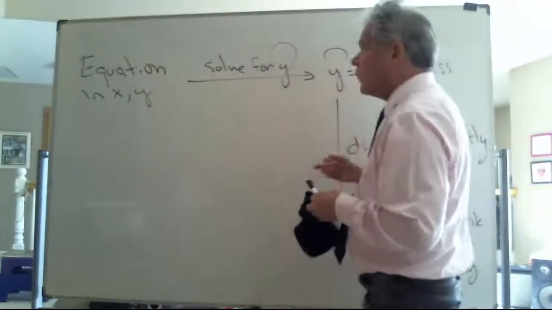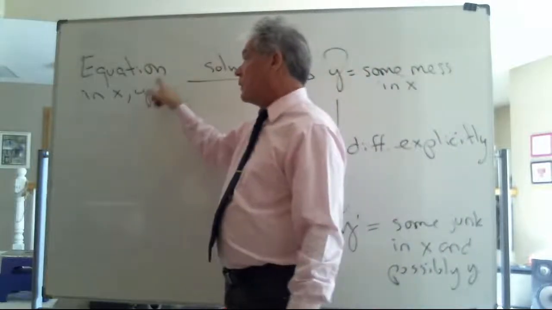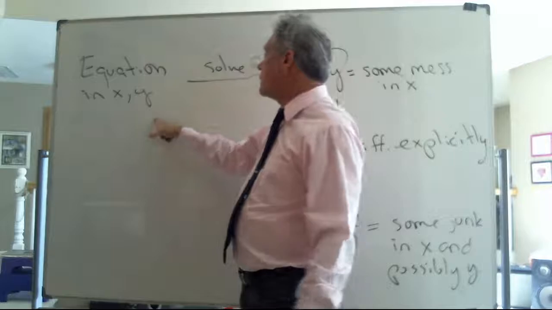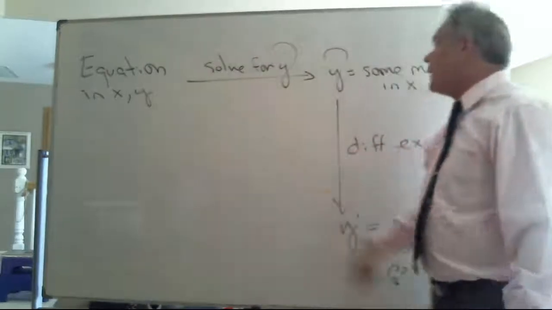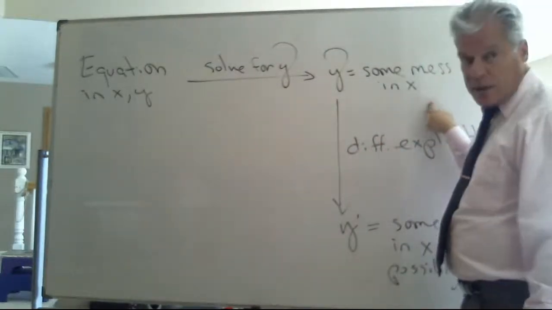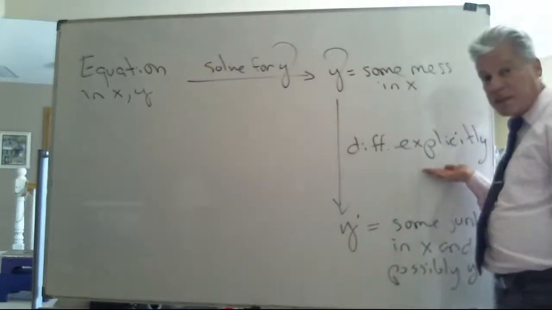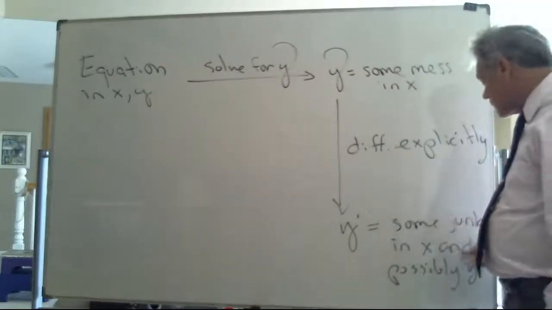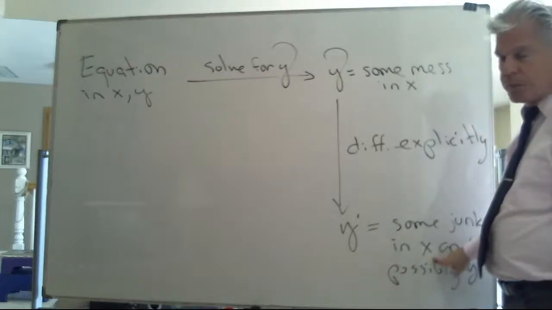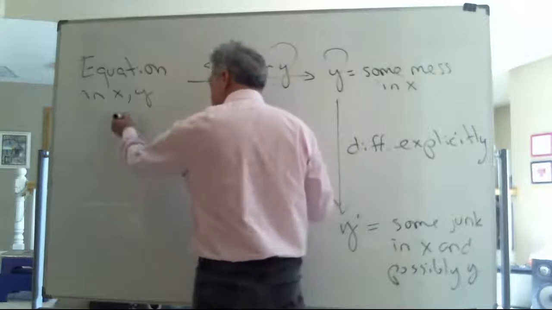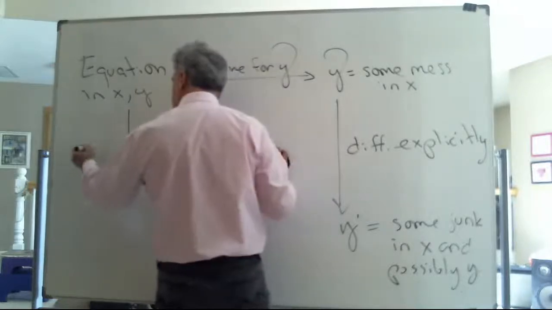To find y prime or dy dx, starting off with the equation in x and y, what you and I have done so far is we've solved for y in terms of x. Then we get that y is equal to some junk in x. And then we differentiate, what I sometimes say explicitly, getting that y prime is equal to some junk in x alone. Now, as an alternative, I sometimes don't isolate y first, and I differentiate